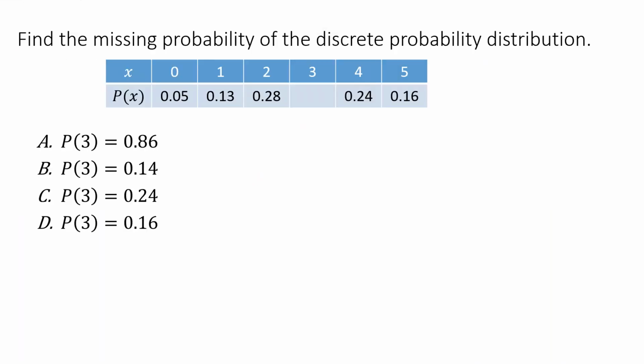All right, next up. Find the missing probability of the discrete probability distribution. So we have these values for x, 0 to 5. We have these probabilities that go with each one of them. We want to know what's missing. The way we find what's missing is that all these probabilities should add up to 1. So if we add them up,